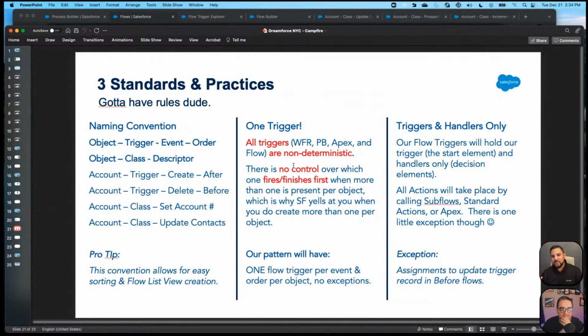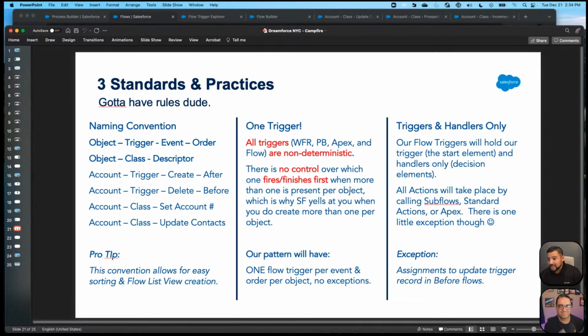Or how can people say one trigger per object? It's because if you don't do that, you're basically flipping a coin and hoping it lands on heads every time. If you've ever been in a situation where you're like, oh, sometimes it works and sometimes it doesn't, 9 times out of 10, you have an order of operations issue going on.